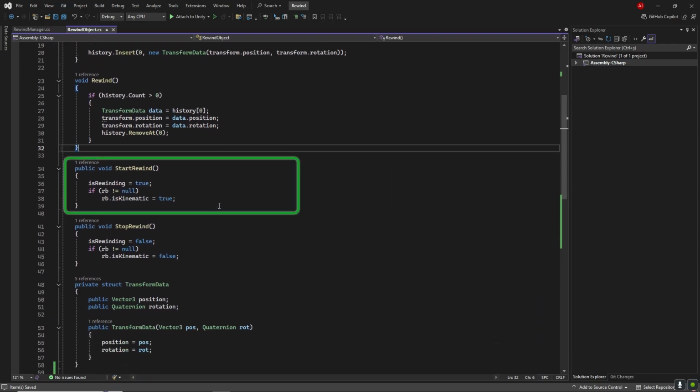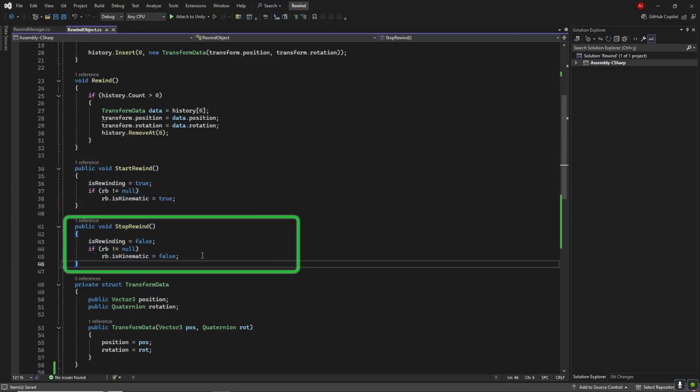This is the start rewind function. This function is called to begin rewinding. We set is rewinding to true, and we also set the rigid body to kinematic, which disables gravity and physics. This is the stop rewind function. This stops the rewind. We set is rewinding to false, and we enable physics by setting the rigid body back